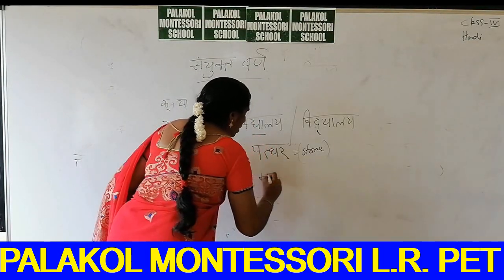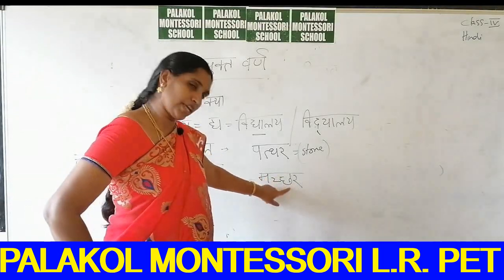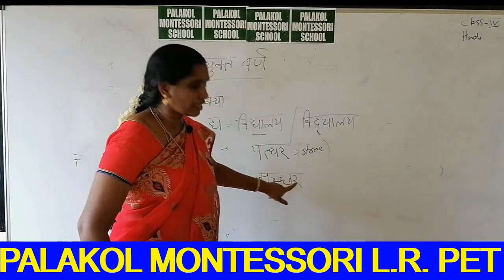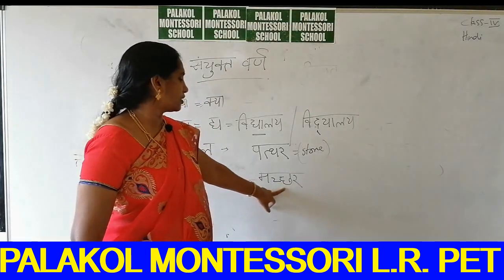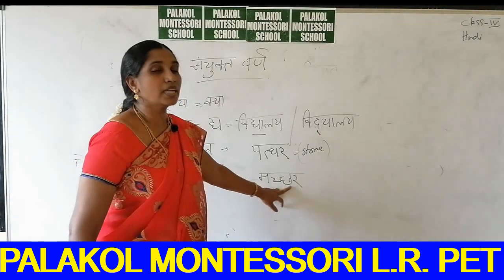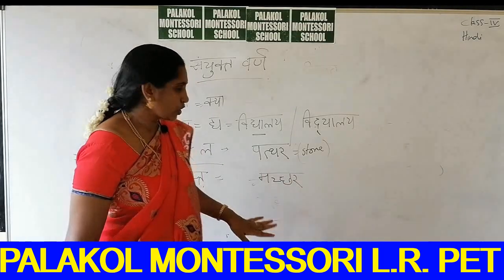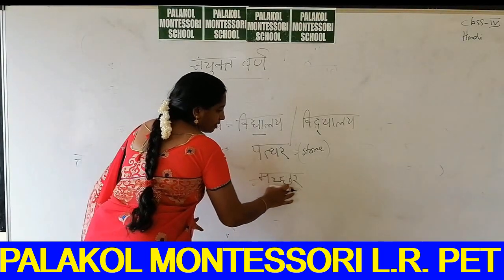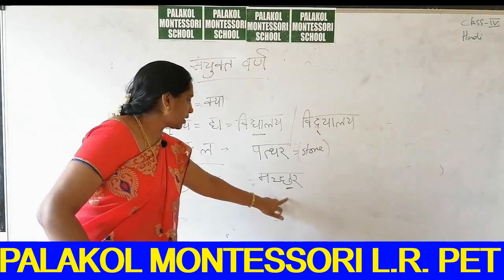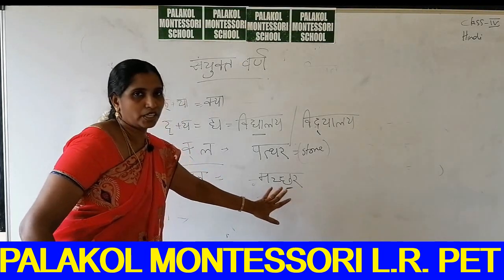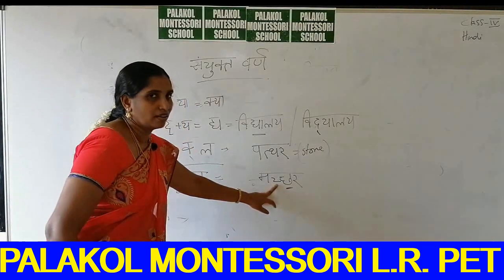Machhar: ma, half cha and another cha. You will observe, this is the first cha, this is the second cha. These two are different consonants. So ma-cha-ra, machhar. Here we base on the full letter when pronouncing. So you pronounce machhar. Your stress is on this cha, not this cha. This is the first cha.